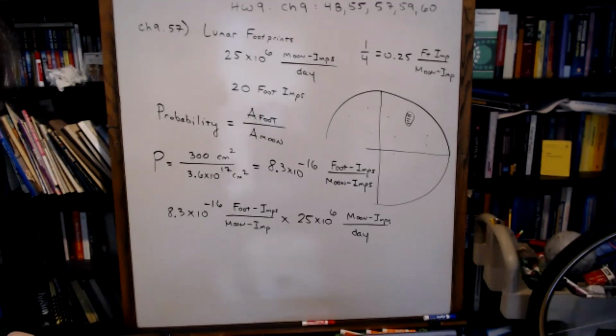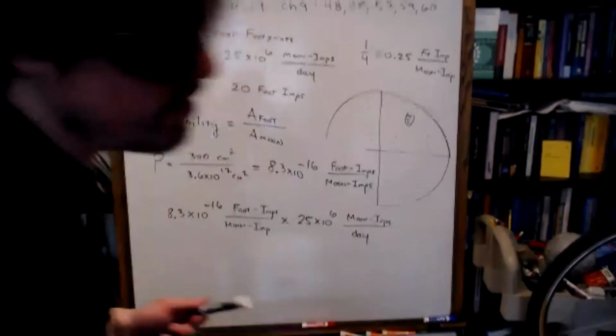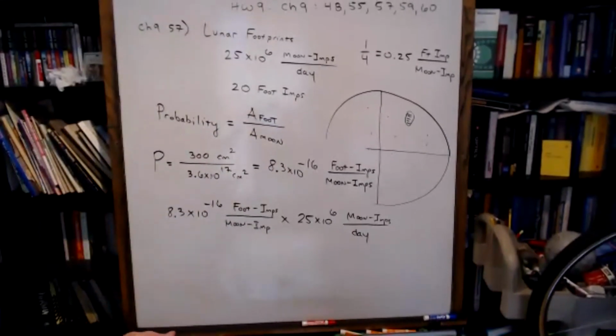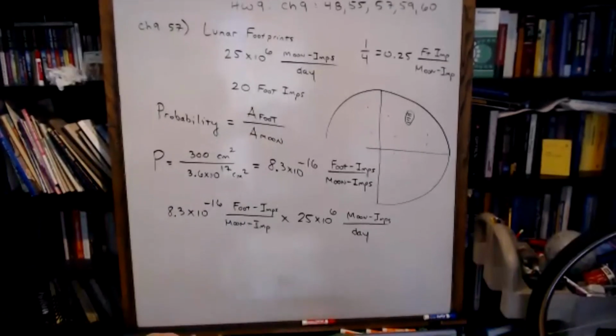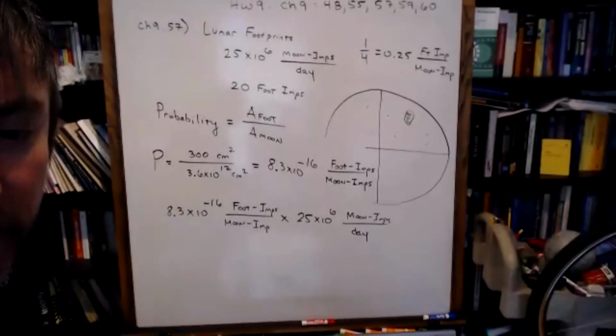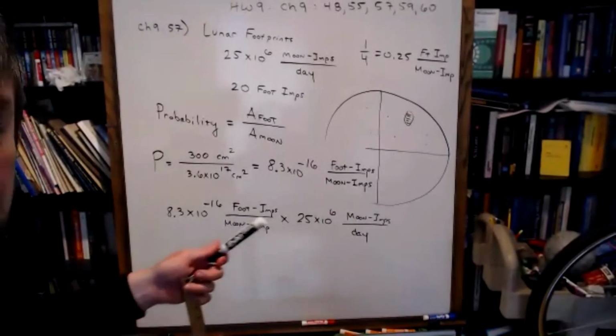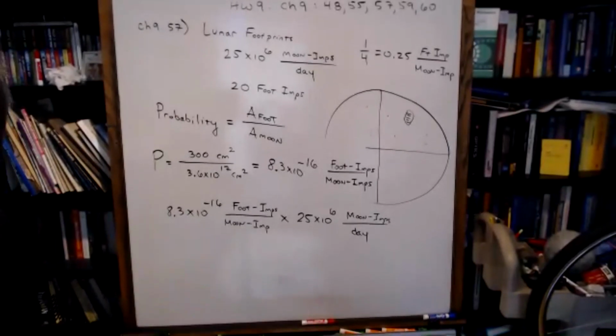I figured it might be a goofy non-unit of foot impacts per moon impacts per day. But as it's coming out of my mouth, it sounds dumb. You're just missing something really obvious. Everything you're saying is correct, but what are the final units going to be? I don't care about the numbers. I want to know what the units are doing here.